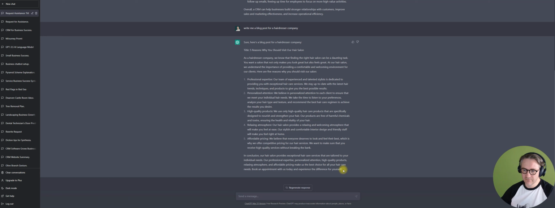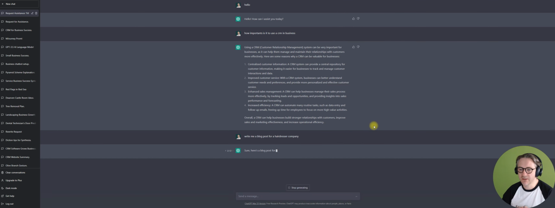So obviously the easiest way to do this would be just to select everything, copy it, paste it into where you're going to be doing your blog, whether it's Facebook or anything like that, paste it in and then just make your changes. You can take sections out, add sections in if you want, or if you're not happy with the response and it's just not quite right, you can just click regenerate and it will have another go.